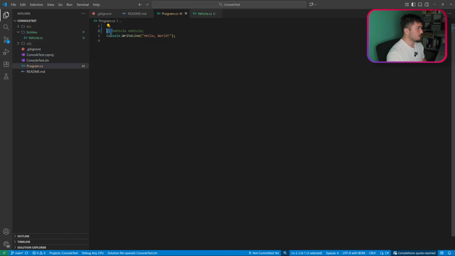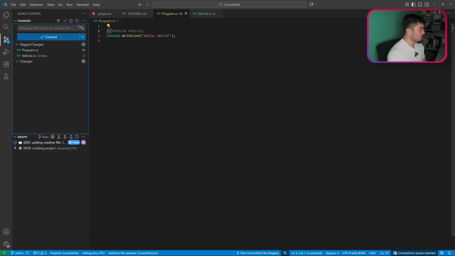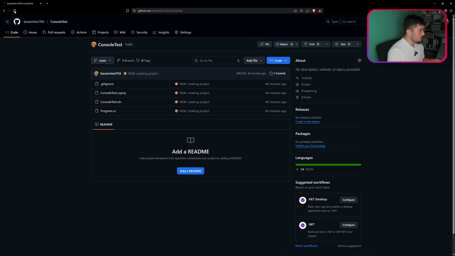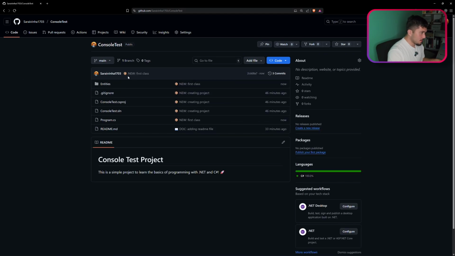So now we have our first entity. We made our first comment. So let's just save this historic moment. We can add a new message, and you can write here first class or entity or whatever you want to name it. Then we can commit this. We can sync the changes. Once again, a sync will pull and will push at the same time. So if you're working with more people, be sure that you're doing it right. Now, if we go to our GitHub page and give it a refresh, you can see that the latest commit